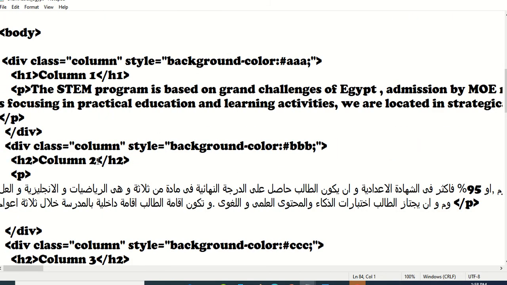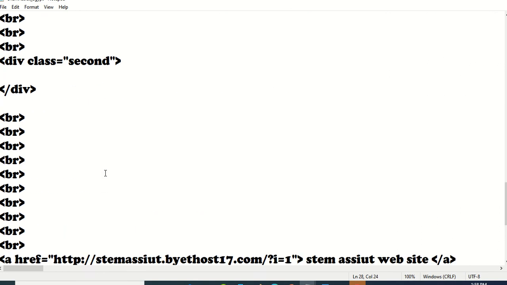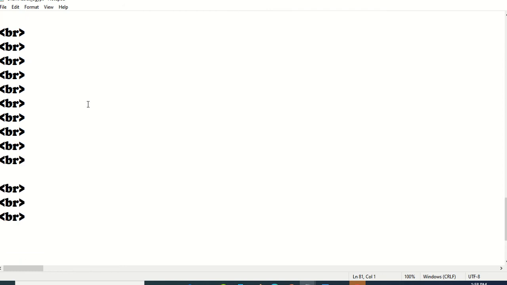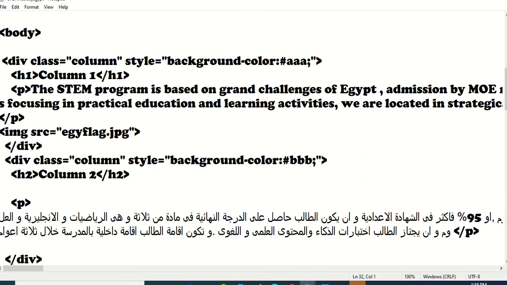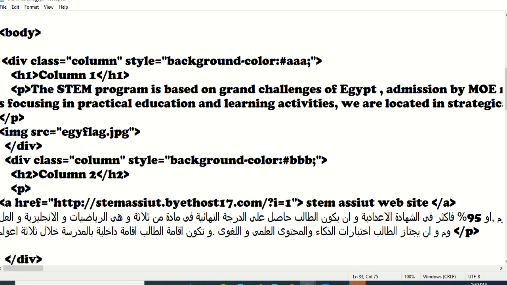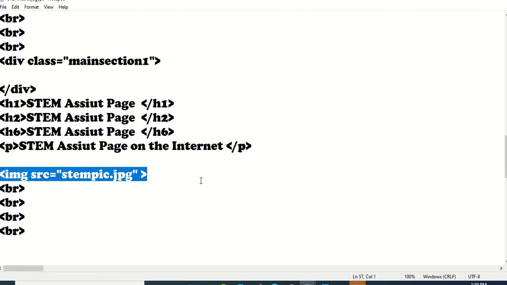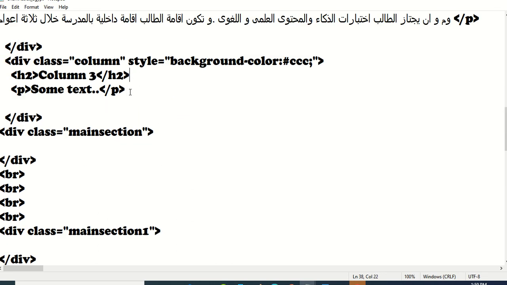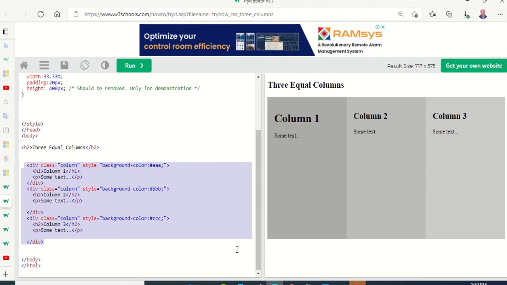So in the first column I put the first image after the text, or after the paragraph, Control V, and then I have another link. The link will be put in the middle section, which is column 2, after the B. And in the third column I will put the first image, which is this image, and the title in the third column here, instead of this. And I will press save, and then I will refresh